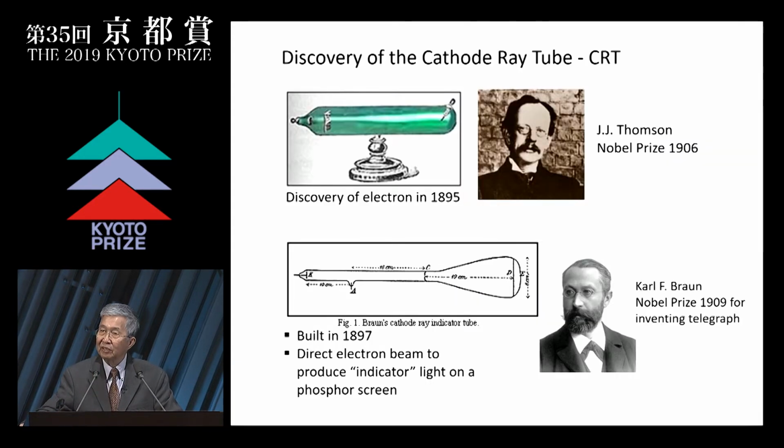Because CRT is such an important technology, even though it is obsolete now, I want to briefly mention how the discovery came about. First of all, there was the discovery of the electron by J.J. Thomson back in 1897. And he was given a Nobel Prize in 1906 because of that. Just imagine discovering the electron, which we use for electricity today. And then